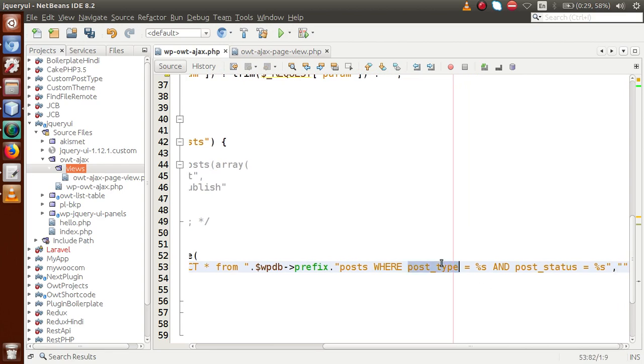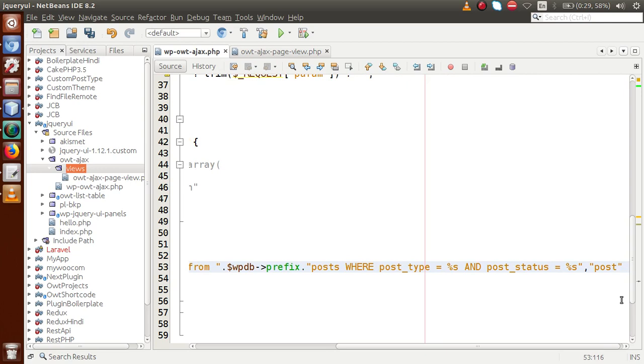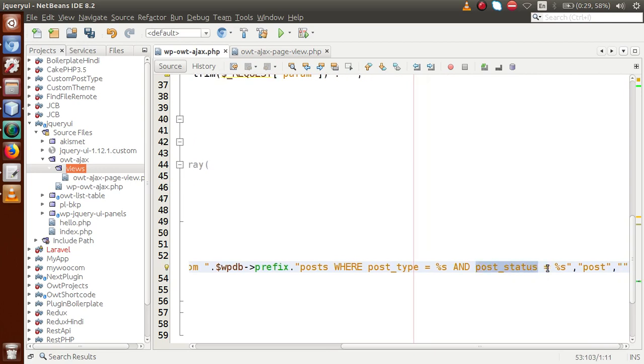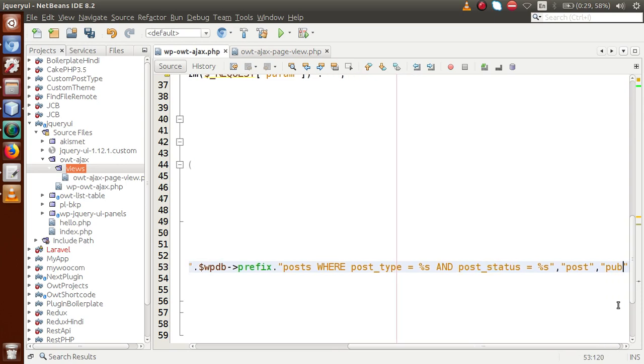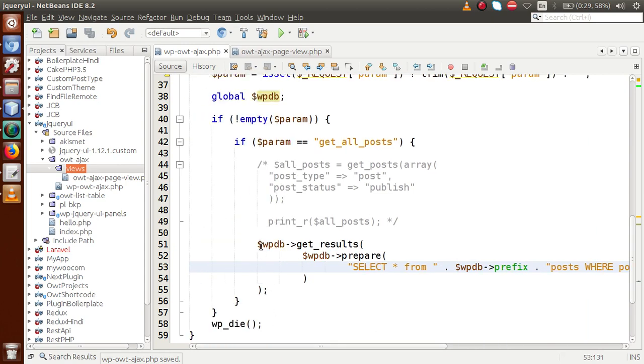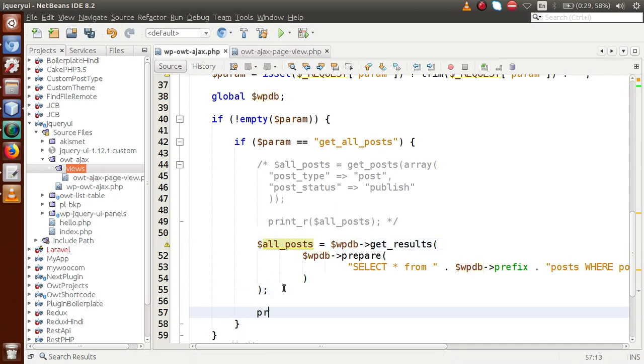Inside these placeholders we have to pass some values. The first value should be post_type equal to post, and the second parameter we have to pass is post_status, and the post status should be publish. By passing these two parameters, guys, we are going to store all the posts inside this variable. And finally, we make a call to print_r,